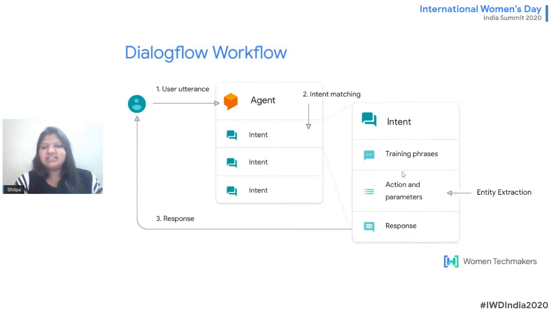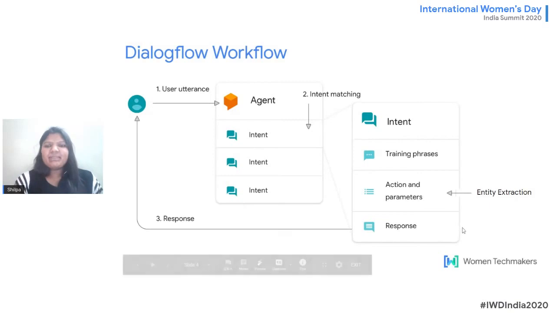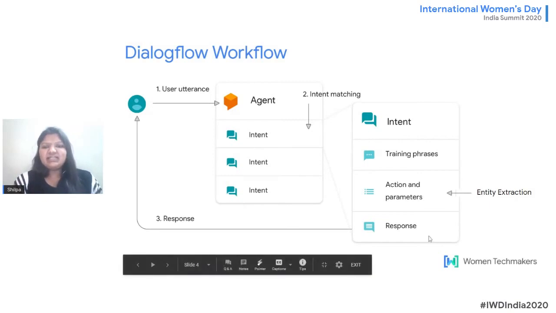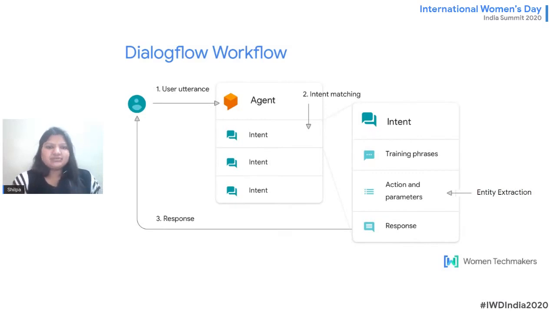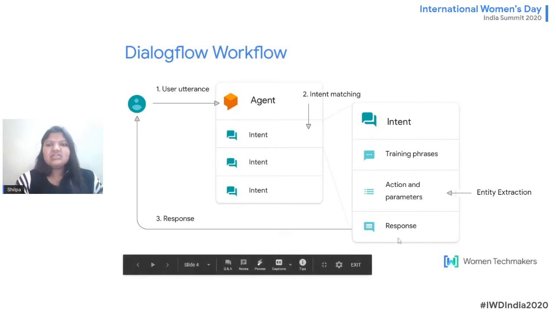Then if you go to the right of this, you see there are intents with training phrases. Then we have action and parameters over here. Whenever you want to order a coffee, there are multiple types of coffee. There could be cappuccino, it could be latte, it could be any type of coffee, but you want to know what type of coffee the user wants, right? At that point of time, we use entities for that. We can make the coffee type an entity and use it, and we can add responses in the intent itself to reply back to the user that okay, I have got your coffee type and I'll give the coffee to you very soon. So this is how it works.